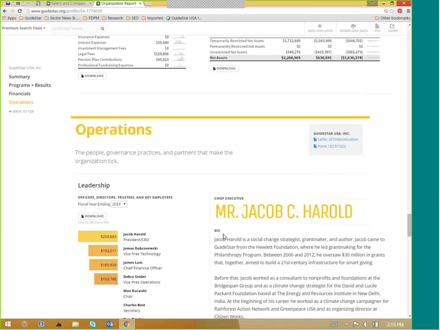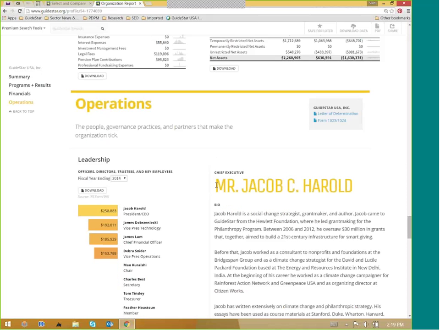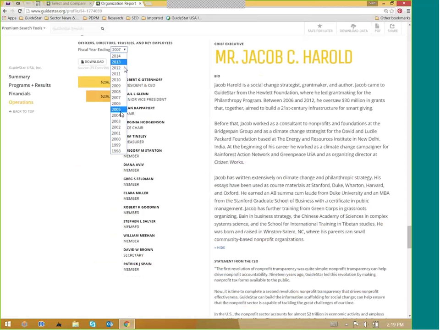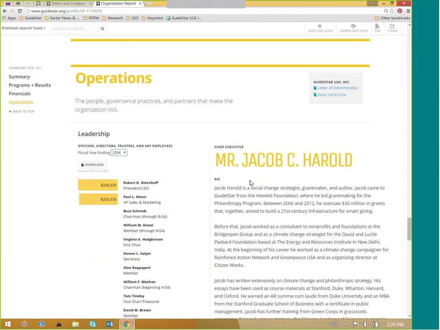Lastly, the operations section is at the bottom. This is really about the people, their board of directors, number of employees, demographics. Again, contextually relevant documents in the upper right section, including letter of determination and formation document, the Form 1023-1024. This leadership is available in digitized format with a bit of visualization to help break up the text. The chief executive profile,